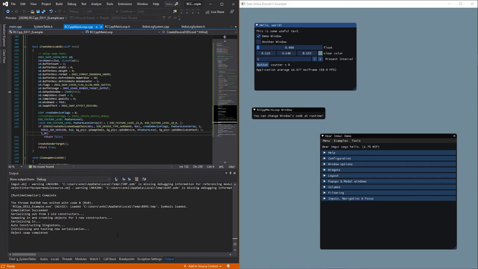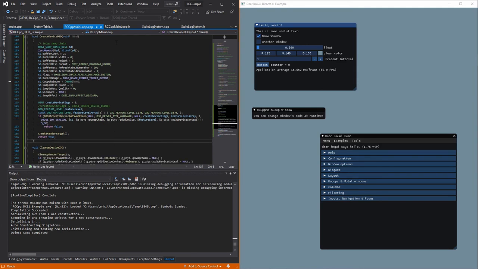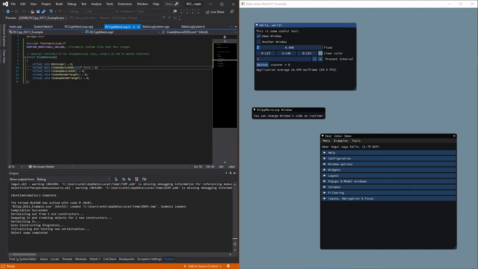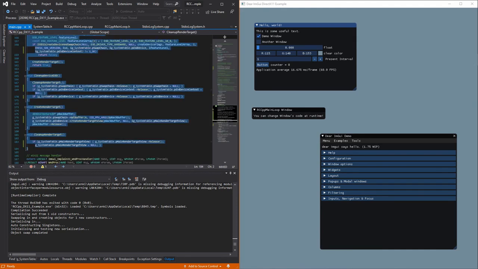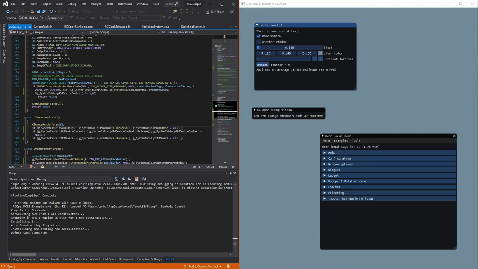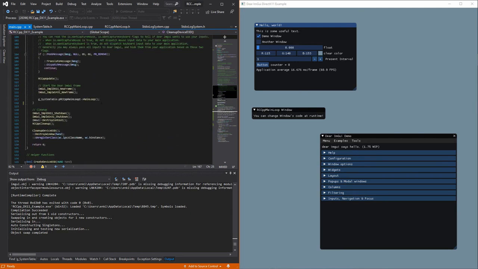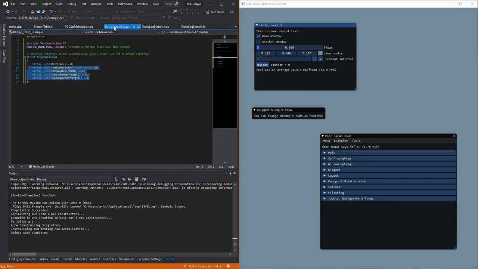And it looks like the object swap was complete. So this code now exists in RCPP main loop. The interesting trick was that we were able to add all these virtual functions, although main.cpp didn't know about them. You would have thought that this call to main loop would have errors because it's calling into an object which now has these other virtual functions. But because these virtual functions were added after main loop, and the pointer to main loop still exists within the virtual function table,